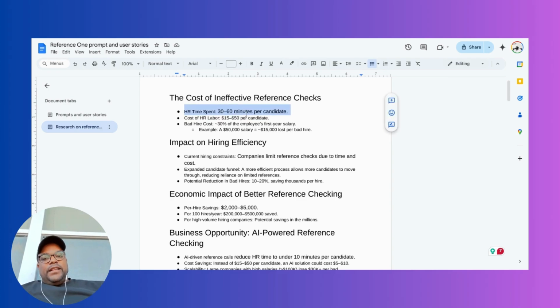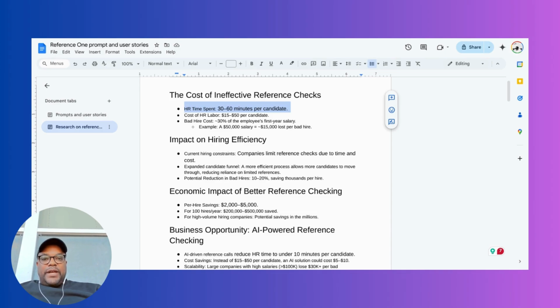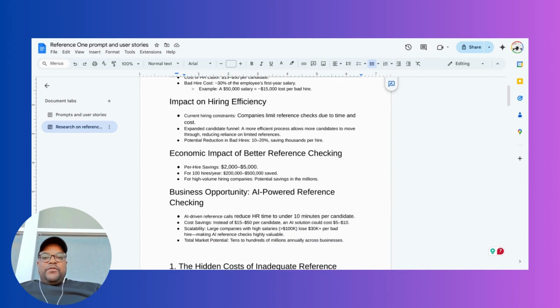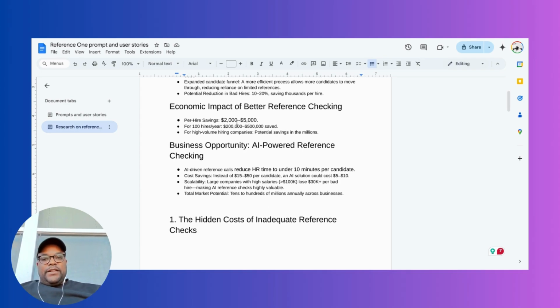Add that all up, and then you add in the 30% of a salary if the hire is bad. So you might say that it's $15,000 per bad hire, which you want to reduce the probability of that happening as much as possible, which reference checks help with. And so you add it all up and you look at it and you're like, okay, it'll save 2 to 5,000